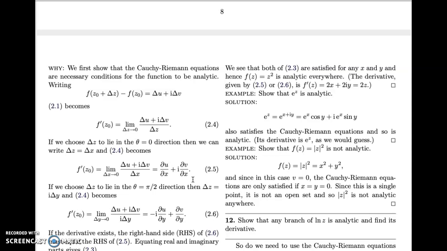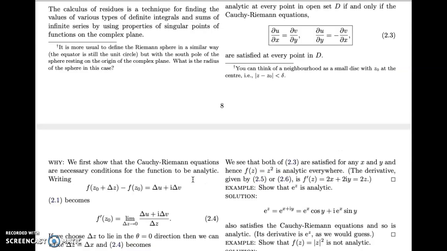So applying the Cauchy-Riemann conditions, we want to check if they're satisfied. We've got u was x squared minus y squared, so du by dx is 2x, and v was 2xy, and differentiating 2xy with respect to y, we get 2x as well, so that's a tick, that's always true. And the other condition is du by dy, so u, remember, was x